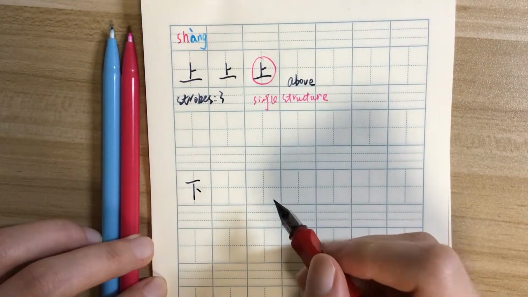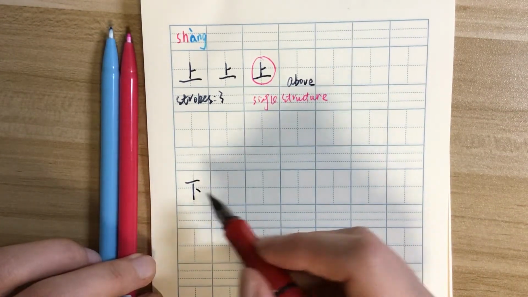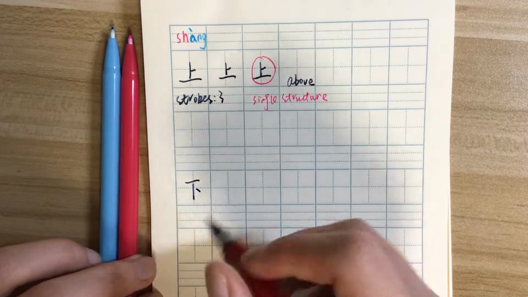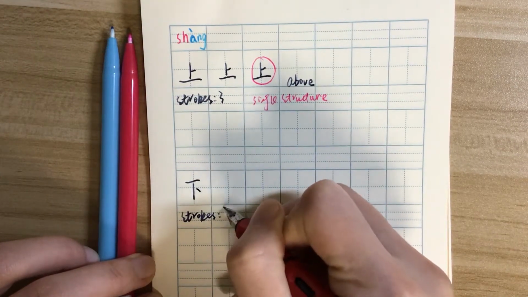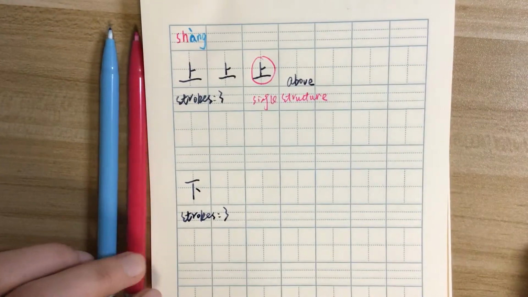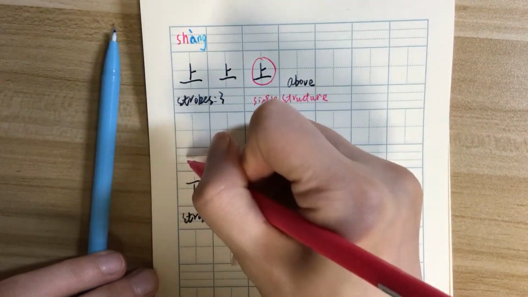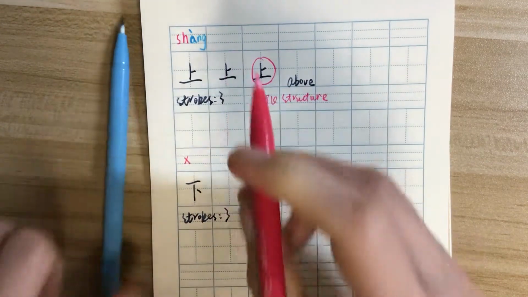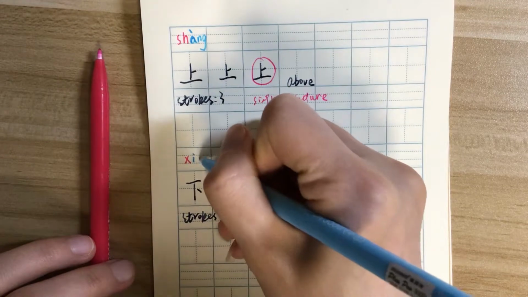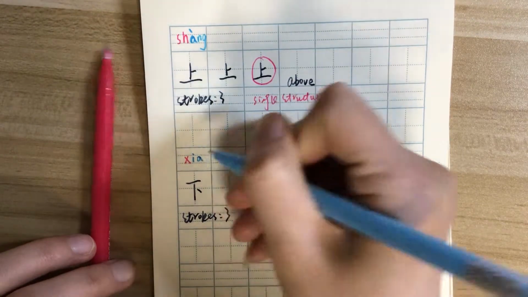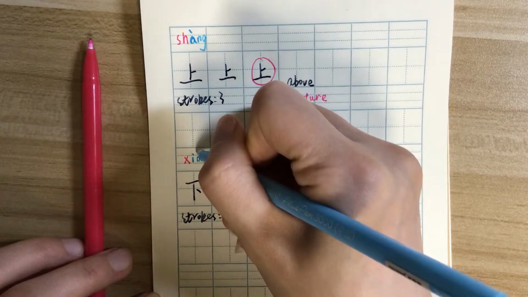Right, this is a very easy character too, and there are in total 3 strokes. And its pinyin is xia. The initial is x and its final is ia, and it is a falling tone. 下